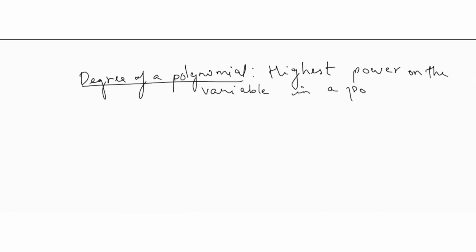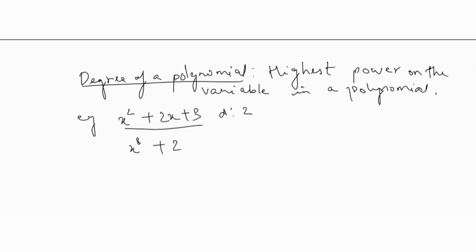For example, if I am giving you a polynomial like this, can you tell me what is the degree of this polynomial? 2. That's 2. Very nice. Okay, if I talk about this polynomial, what's the degree now? 8. That's 8. Very nice. So basically the highest power is known as the degree. The highest power on any variable. It can be on any variable. It can look like this also. x to the power 6 plus x to the power 10.